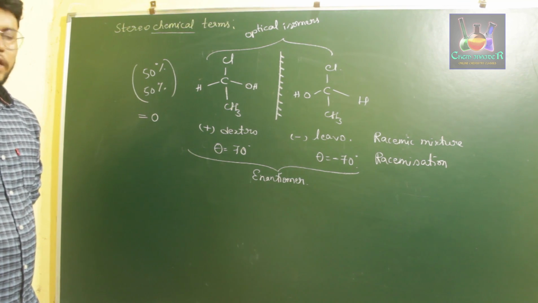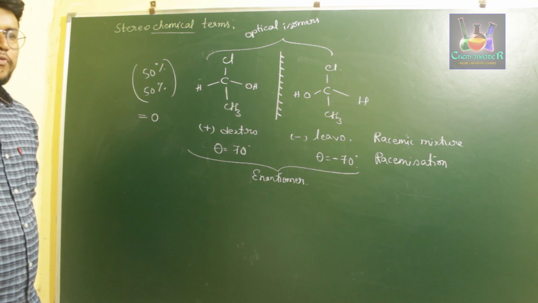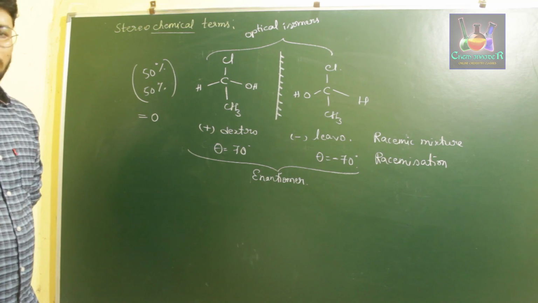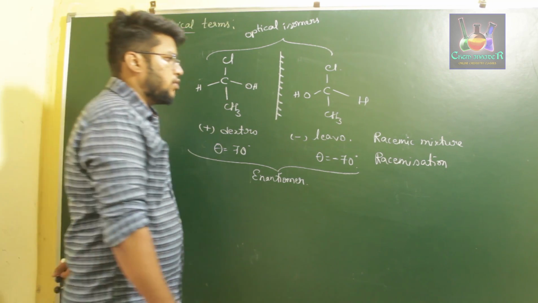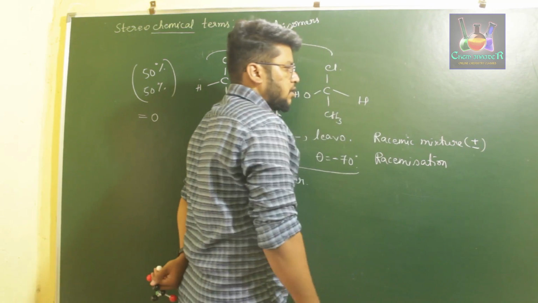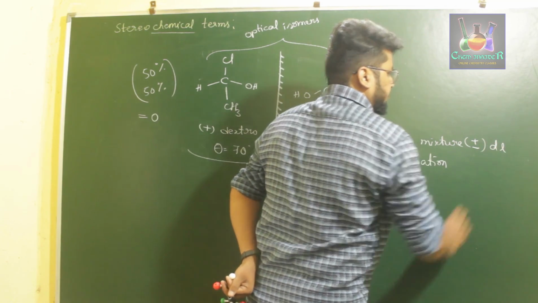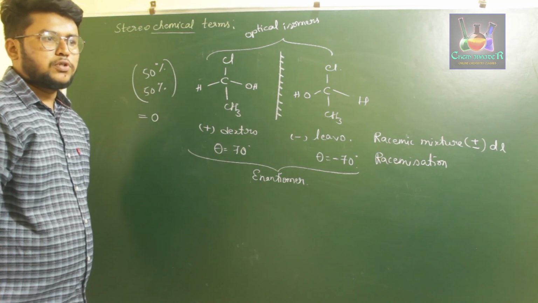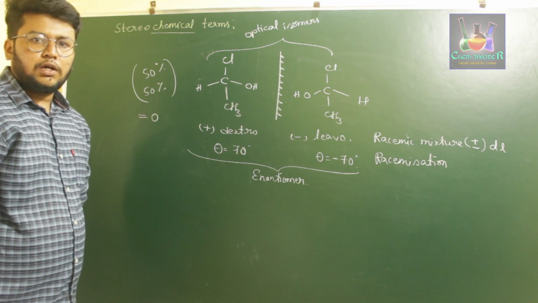The two optically active isomers of a compound are called enantiomers of one another, and their mixture in a 50-50 ratio of concentration forms a compound called a racemic mixture, which is denoted by the symbol plus-minus as a prefix, or it is denoted as DL, which has both dextro and levorotatory and has both positive and negative optical rotation.